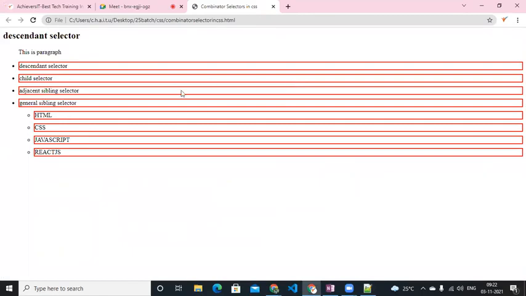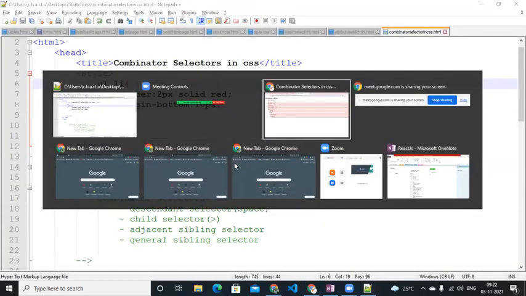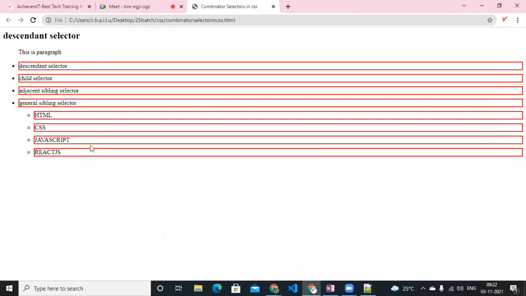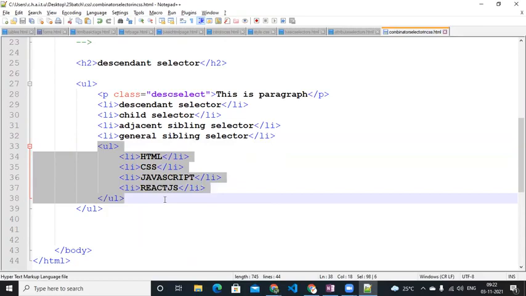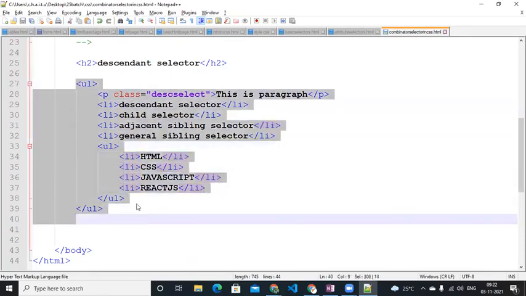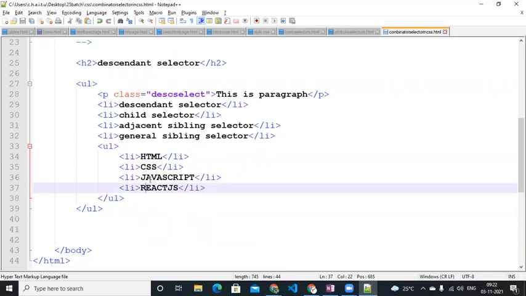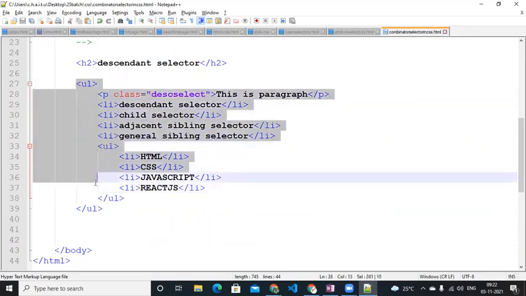If you check, is this the direct children? Are HTML, CSS, JavaScript direct children of this particular ul? No, it is inside another ul, nested. This we call nested elements. It is nested inside it, but even though it is nested, the styles are still applying to it. How this descendant selector works is, once it finds ul, wherever it finds inside this particular ul,